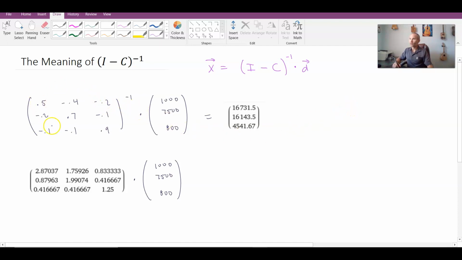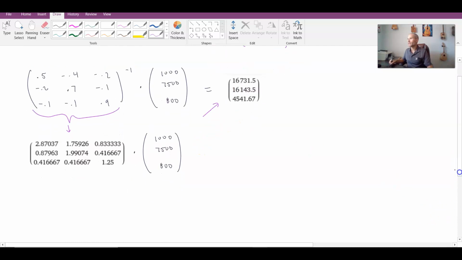Well, here was the matrix that we inverted, and if we compute that inverse, we get this matrix down here. And at first sight, those values may not mean a whole lot, but keep in mind that this is a matrix in its own right. So to get this final output right here, that is going to require a matrix vector product. So 1,000, the number of total final demand units